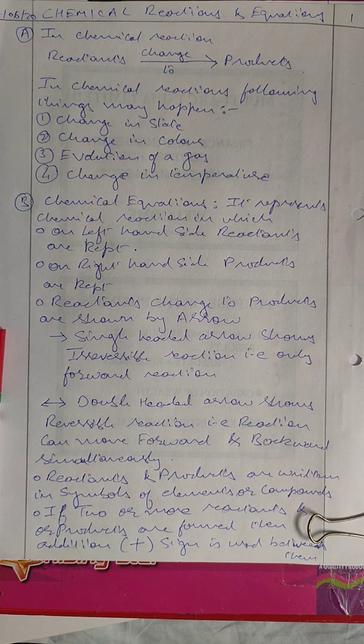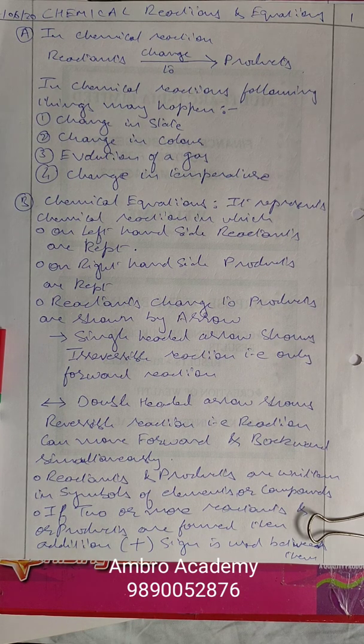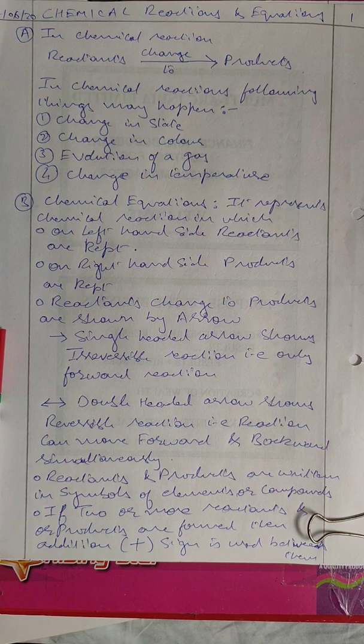Some chemical reactions are exactly opposite. That means when the reaction moves forward, it absorbs heat. Like we can take the example of lemon juice. When we prepare lemon juice and add sugar to it, or when we add salt to water, actually heat is absorbed. That means the temperature goes down. It is an endothermic reaction. It absorbs heat. So all these reactions we are going to learn in detail, inshallah.